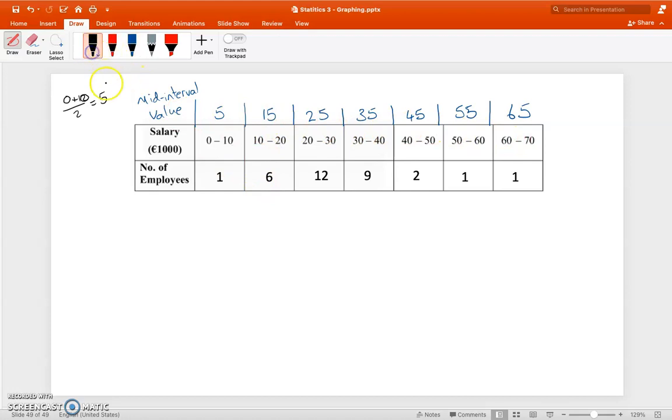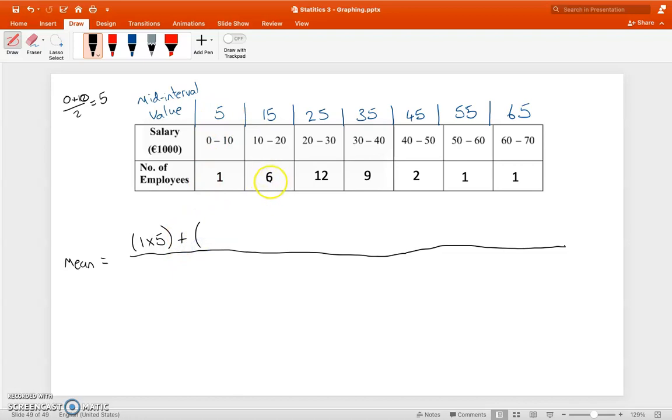So to find the mean using these mid-interval values, we multiply the number of employees by the mid-interval value. The mean is equal to, and I'll draw a really long fraction line, 1 multiplied by 5, so 1 times 5. The 1 comes from here, and the 5 comes from the mid-interval value. Then we add the 6 from here multiplied by 15, so 6 times 15. Then we add